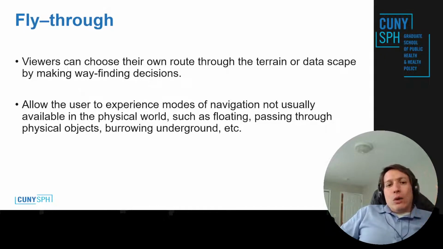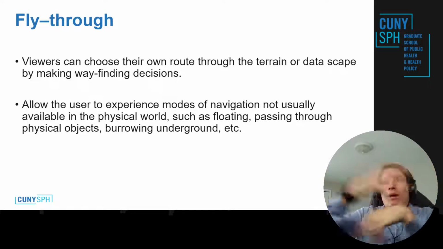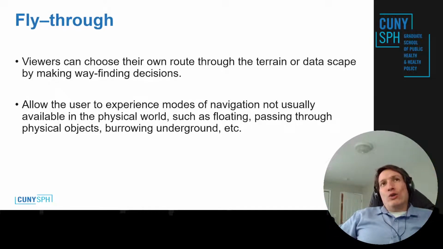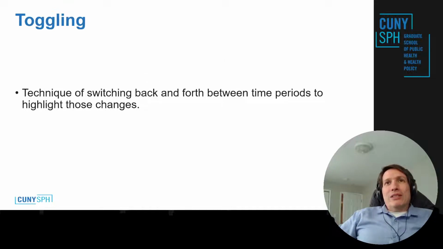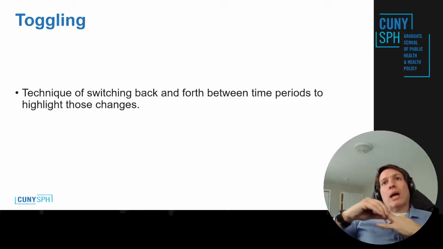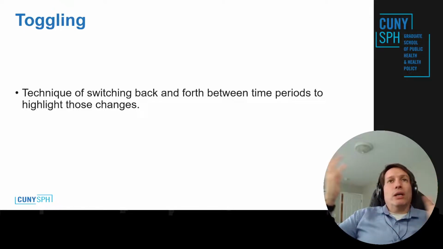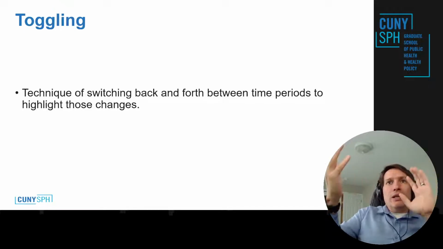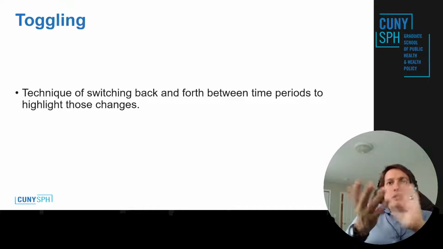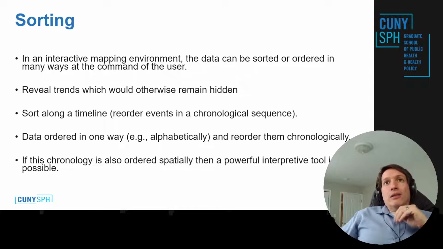data. And I think you have seen movies like Minority Report or other sci-fi science fiction movies where they have really interesting visualizations where you can manipulate the data and go through the data in virtual environments. Now, toggling is, as I said, switching between two time periods, or before and after, things like that. Then when you are toggling in a visualization, you can see the contrasts quickly and see where the changes